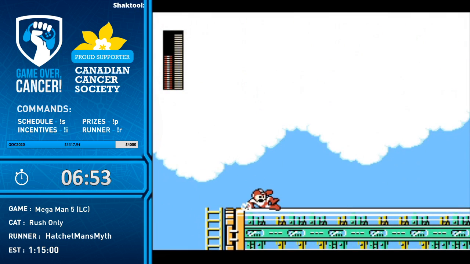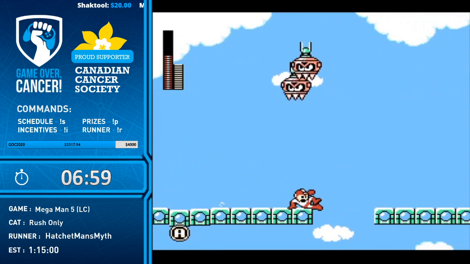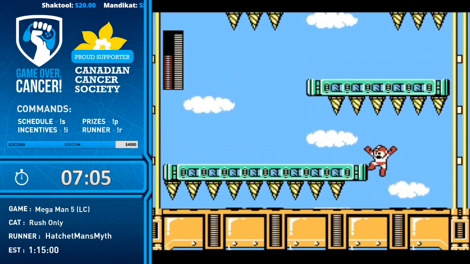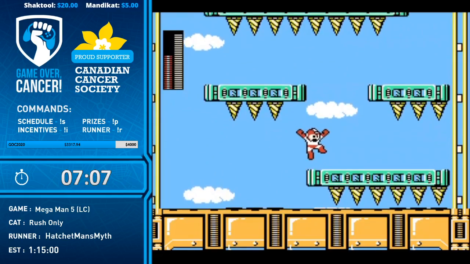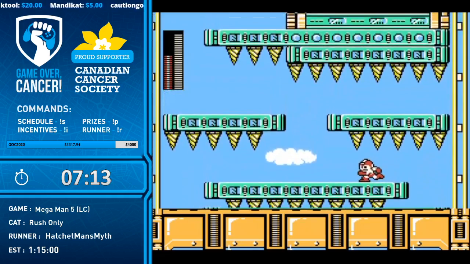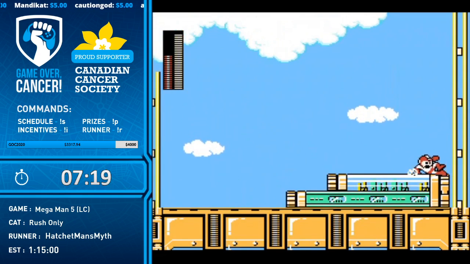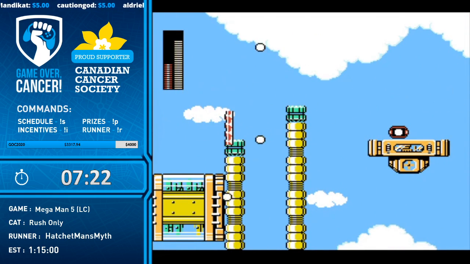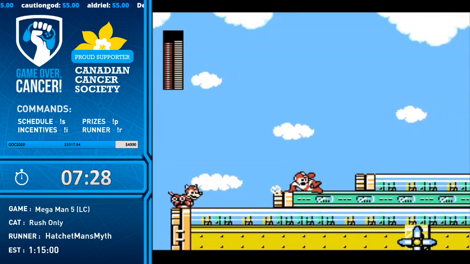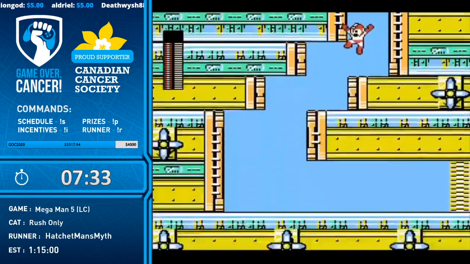And the fun part. Alright, we got it. Let's go. And the even funner part. Gotta be careful not to head bonk these spikes, because that's no fun. Quick case of insta-death. Alright, and we're at the Gyro Man fight,